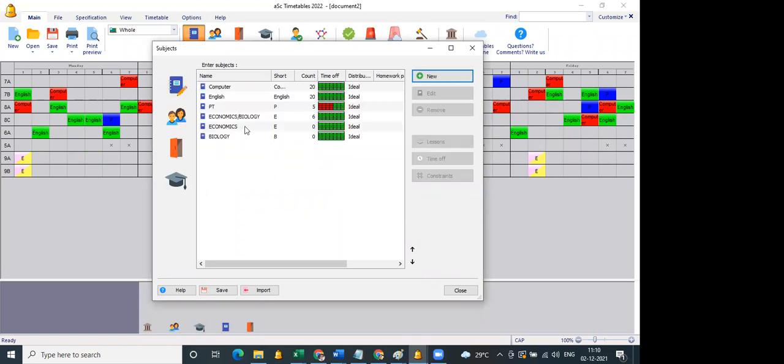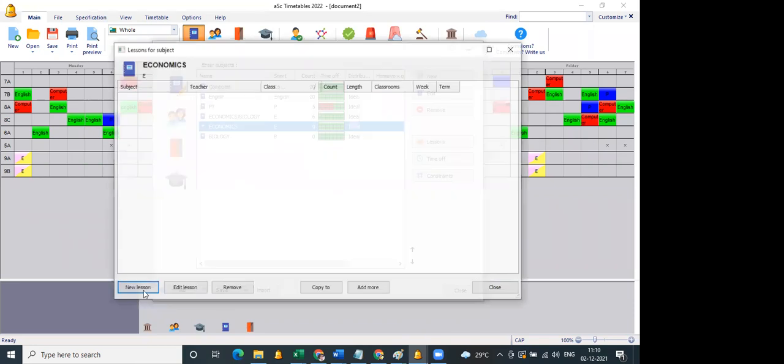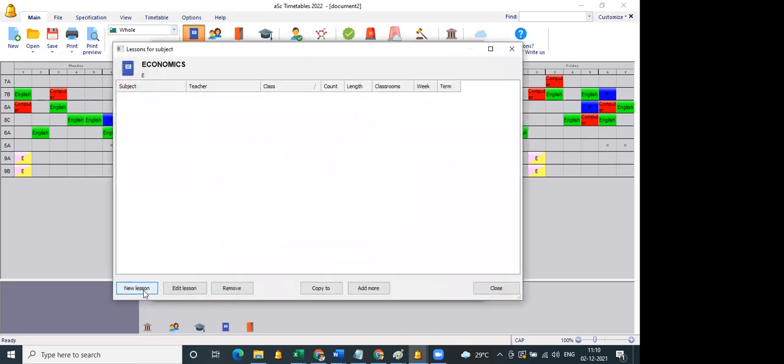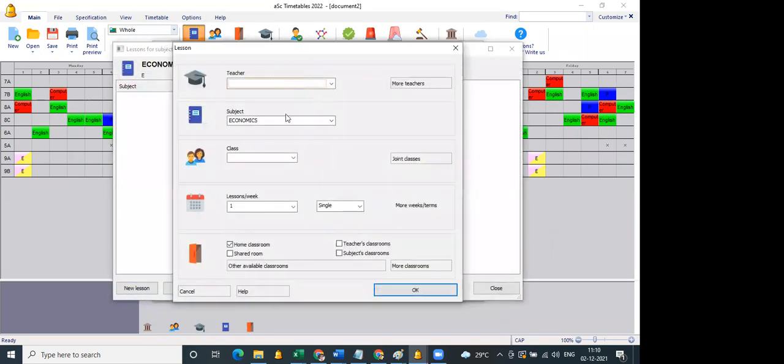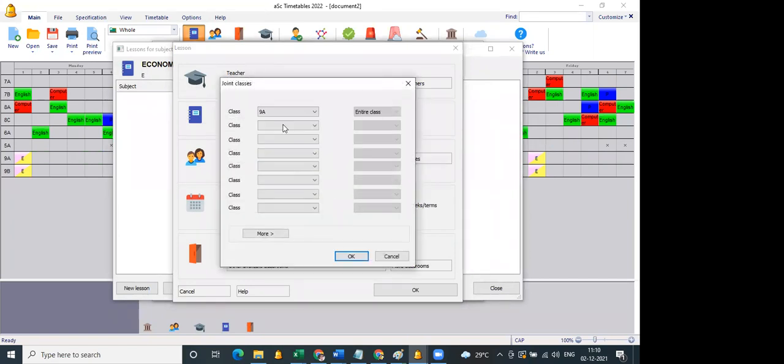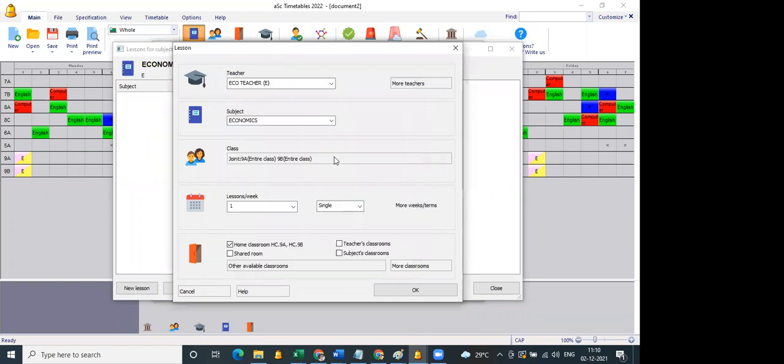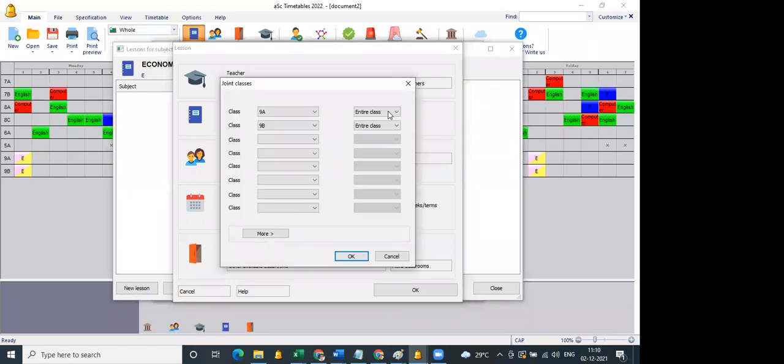Now I'll go to economics, new lesson. Teachers, this is the economics teacher. This is a joint class, 9A, 9B. But not the entire class. It's only the eco group.